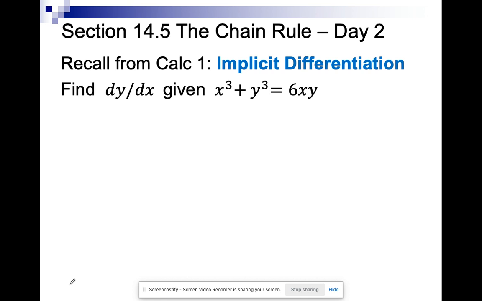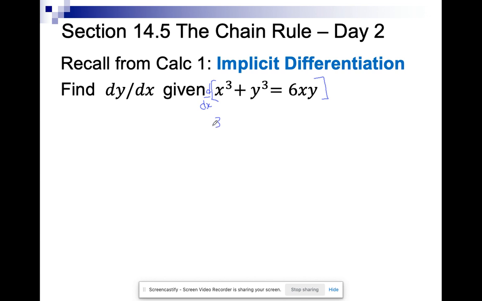Hey kids, time to do implicit differentiation, right? Which is really just part of the chain rule, right? Remember in Calc 1 when I told you to take the derivative of this expression with x's and y's because you couldn't get y explicitly in terms of x,